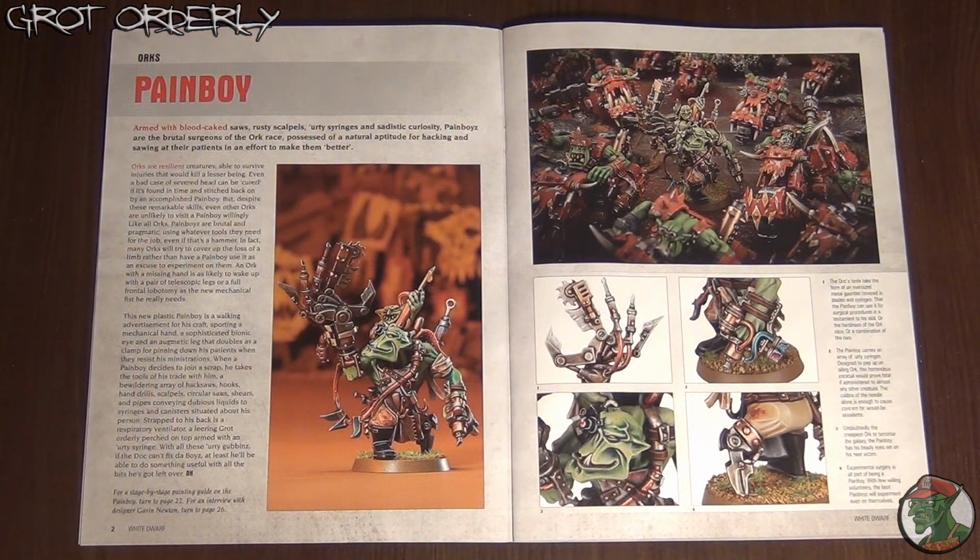Right. The first model being released this week is the Paint Boy. The Paint Boy will cost us £15.50, €20 or $26. As you can see, the model is quite full of character. Its face is quite maniacal, as the designers said they wanted to convey this kind of weirdness, being a psychopathic